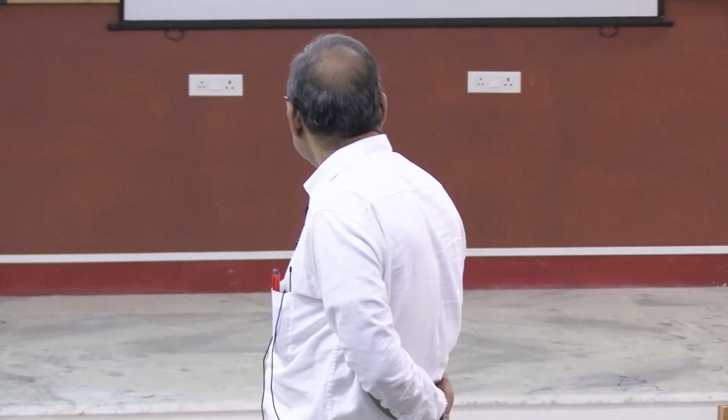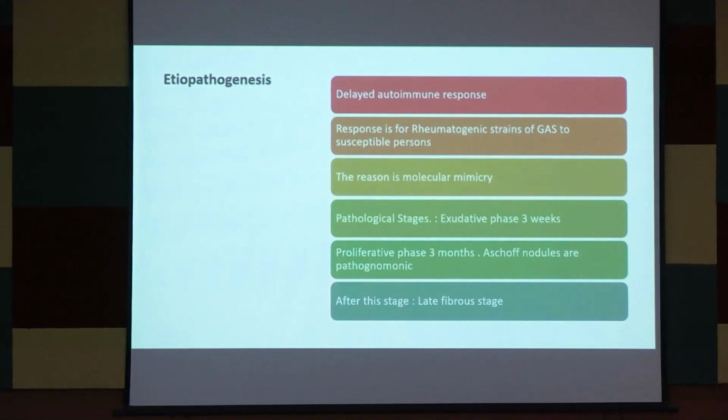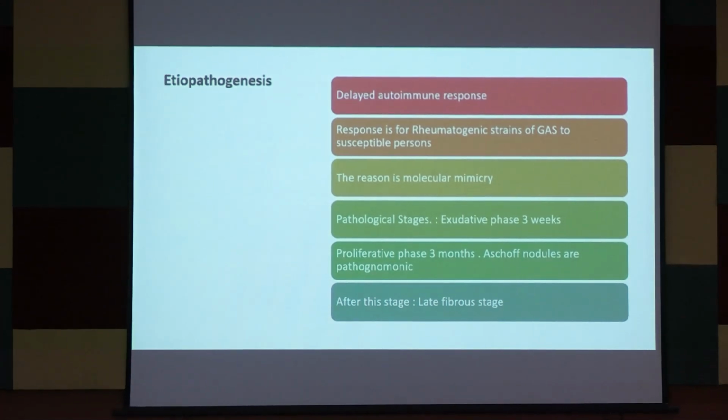Okay. Now, after this stage, there is a fibrosis stage. If it is not controlled within this stage, there will be some damage from fibrosis. So, damage of the different structures. The structure mainly damaged is the heart. It is mainly found in the myocardium, maybe in other structures also, but mostly it is central necrosis surrounded by